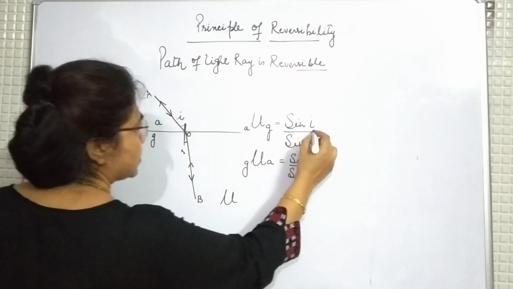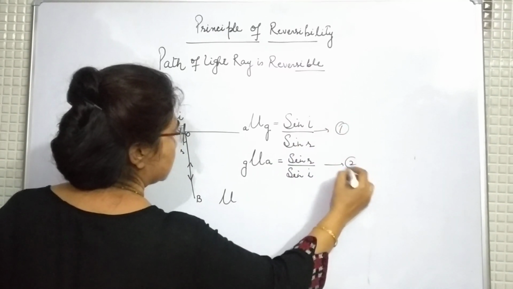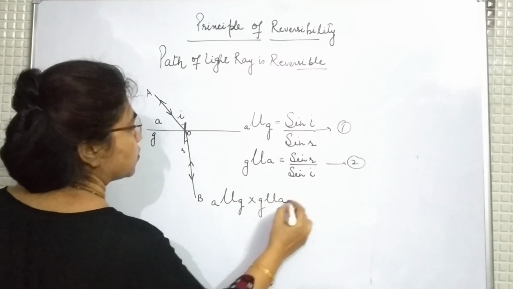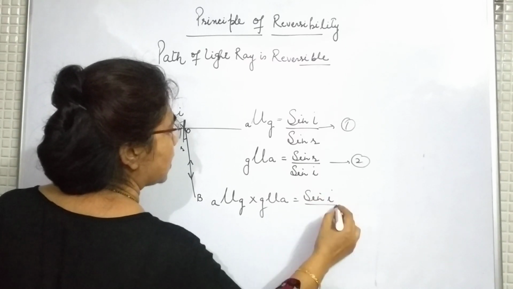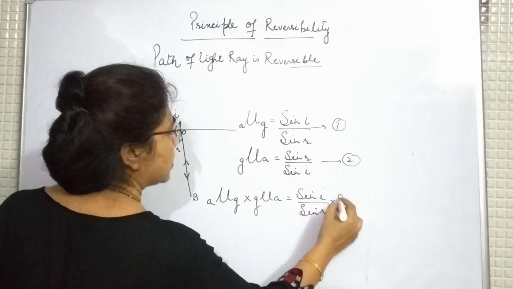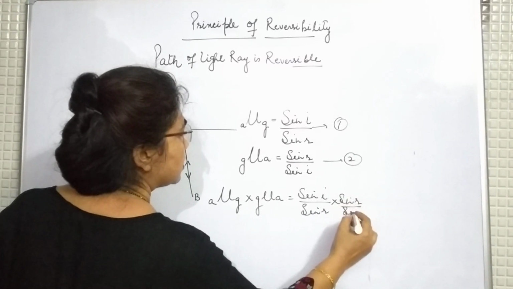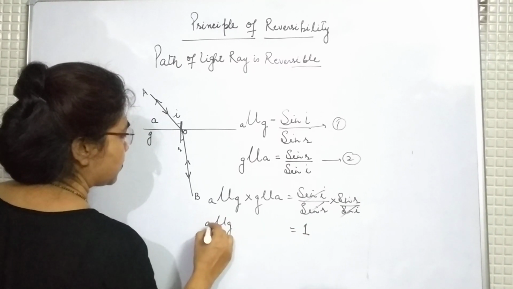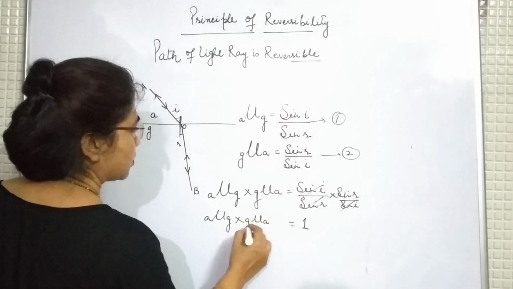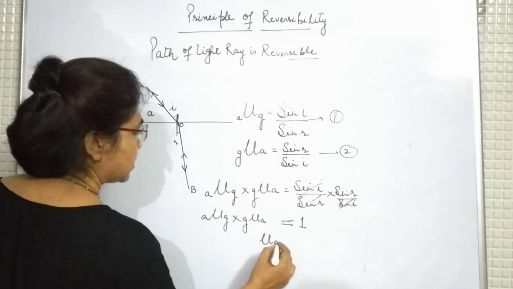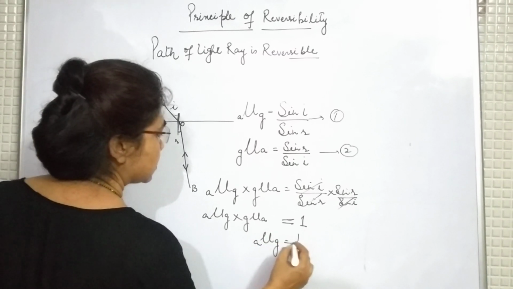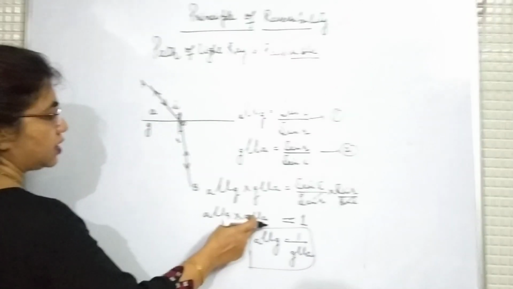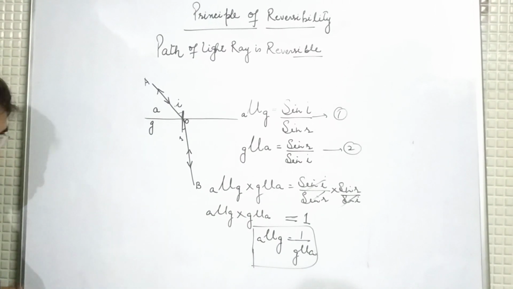So multiply first and second: refractive index of glass with respect to air into refractive index of air with respect to glass. So we multiply both, sin i upon sin r into sin r upon sin i. The net result, you know well, is 1. So the refractive index of glass with respect to air into the refractive index of air with respect to glass is equal to 1. So the net result, the refractive index of glass with respect to air is equal to 1 upon the refractive index of air with respect to glass. What have I done? I have done nothing. I take this factor to the other side, so it comes in the denominator.